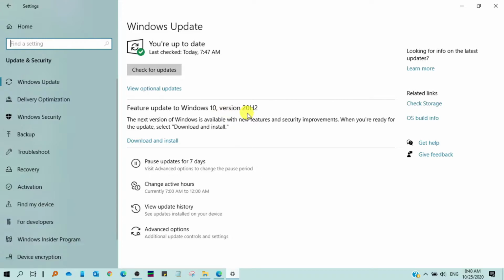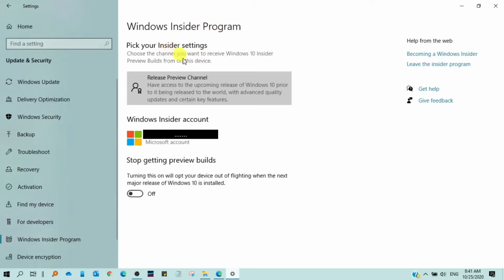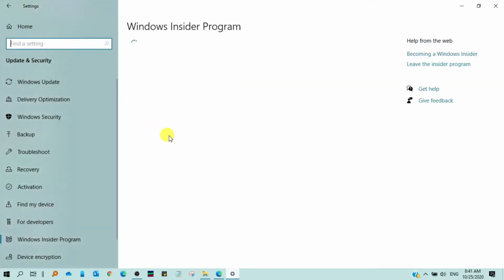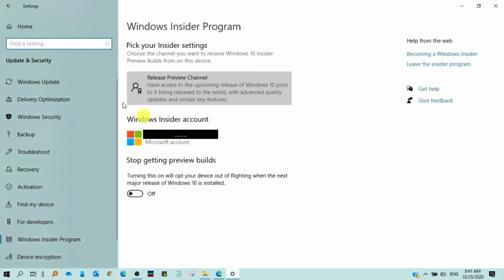The second alternative is to join the Windows Insider program. And from this Insider program, you have to choose one out of these 3 options. If you choose the first option or the second option, then your system will automatically download and install the update without getting the notification for your choice. So you need to select the last option in order to allow you to either download or ignore the update